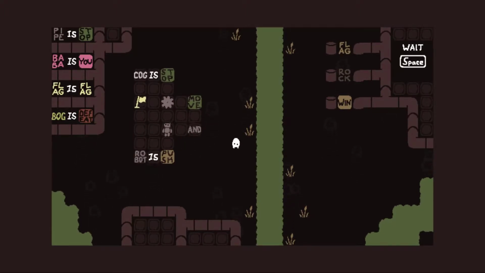Flag, rock, and wind. So we have to get across this somehow. Bog is defeat, so it's not like we can... And we have to be Baba. We can't change that. We can't change flag at all. So what I'm seeing is we can get Robot to push things, probably. Robot is push. We can probably get the robot to push words across for us. So if we put flag is rock, that won't actually...